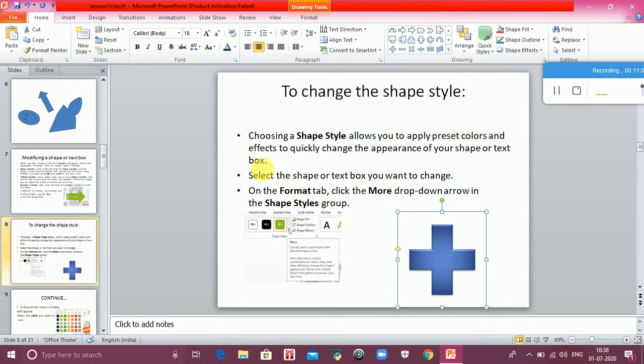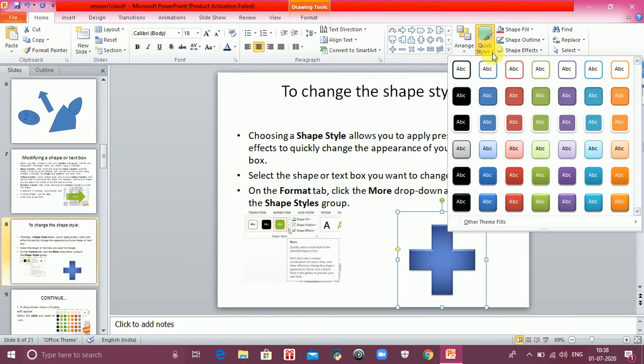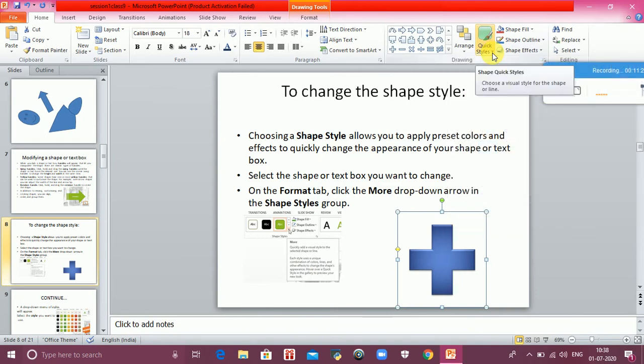Here is a procedure written that is different from the procedure that I am telling you, because it depends upon the version of Microsoft PowerPoint we are using. I am using an older version of Microsoft PowerPoint. In this I have the quick style option, whereas in the other I have the shape style option. So the options or the procedure may vary from version to version of Microsoft PowerPoint, so no need to get confused.